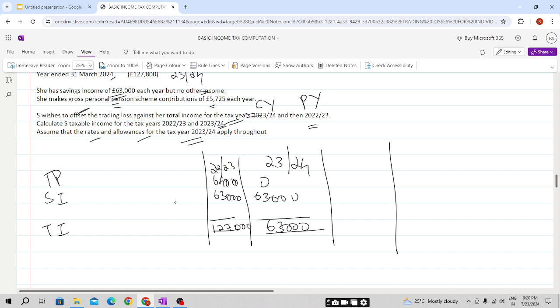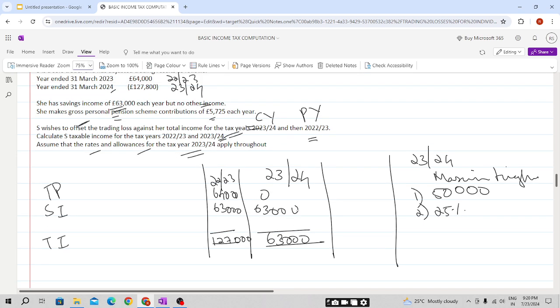So 23-24 total other income. Option 1, total income. But we have a maximum restriction on the total income. So the maximum amount for 23-24 will be, students, the higher of two things. It will be 50,000 or 25% of the ATI. So the adjusted total income will be